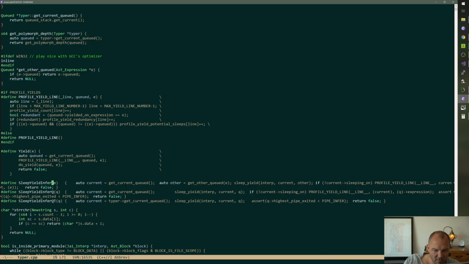So lambda is E, but we don't do E arrow anything. Oh, but we do. Oh, maybe we pass these in the wrong order. Profile yield line, Q'd E. E arrow Q. It's got to be this. So like E is E. But nobody says arrow current.